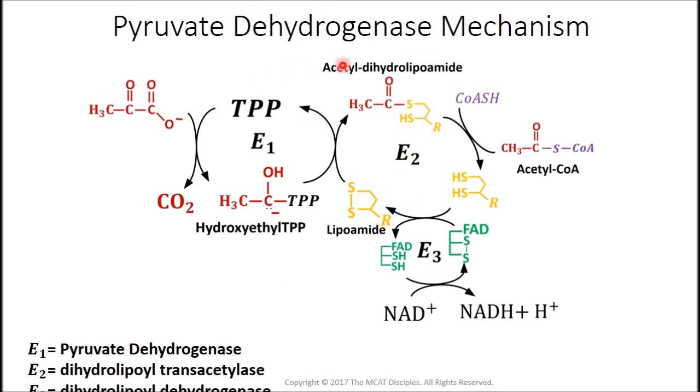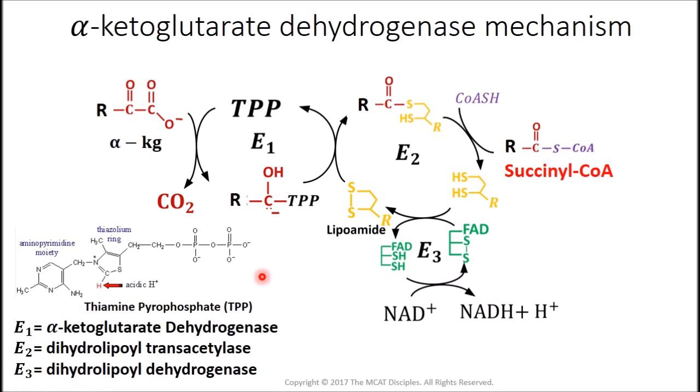And here's the pyruvate dehydrogenase mechanism. Sorry, this got cut off. Here's the pyruvate dehydrogenase mechanism, and here's the alpha-ketoglutarate dehydrogenase mechanism. It's the same mechanism. What happens is you take the alpha-ketoglutarate, and I just wrote R to impress upon you that it's the same mechanism. And you decarboxylate, you release CO2 via the thiamine pyrophosphate, making an alpha-keto acid think that